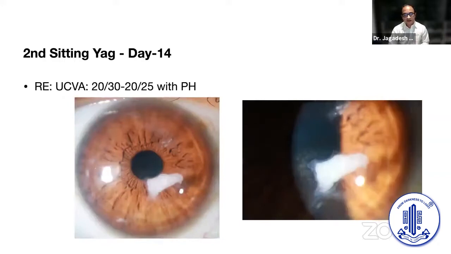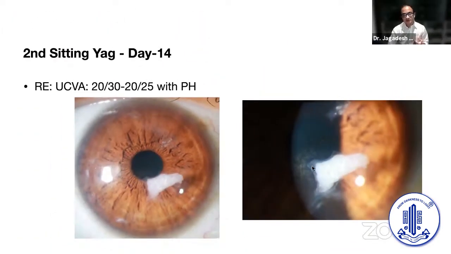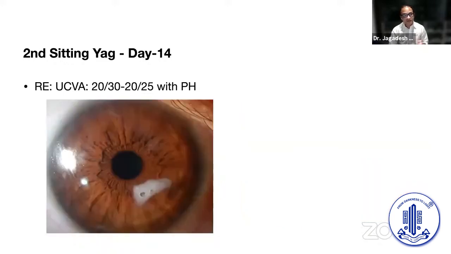And we observed the patient at 2 weeks. The visual acuity improved with pinhole to 20/25. But if you look closely, you can start seeing the translucent area, that is the less opaque area, in the periphery, and it started shrinking in size. So that gave us more confidence, and we went ahead and did a second sitting of this, and that's